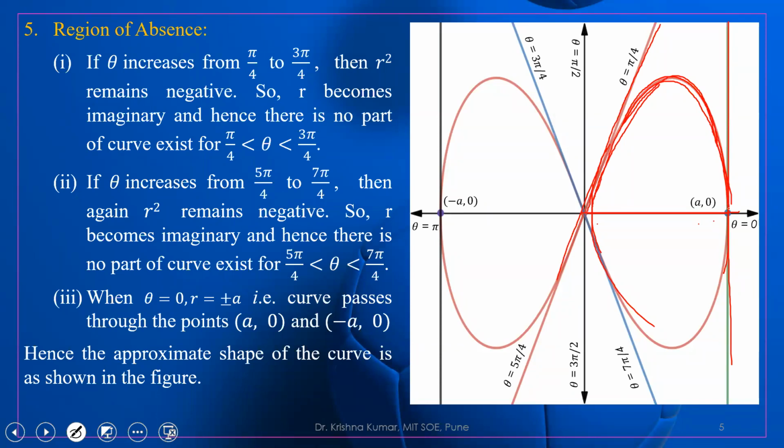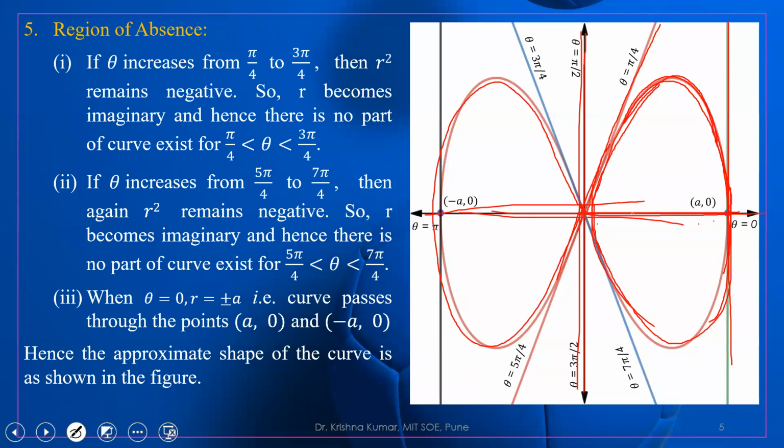And now, since the curve is symmetric about the line theta equal to 0, we get the same type of curve over here. Since the curve is also symmetric about the line theta equal to pi by 2, we will get the same type of curve. So this is called the lemniscate. The name of this curve is lemniscate. So this is one example of a polar curve. Let us take one more example, then it will be clear.